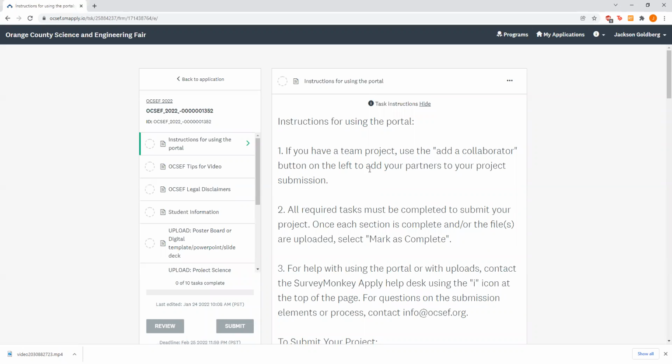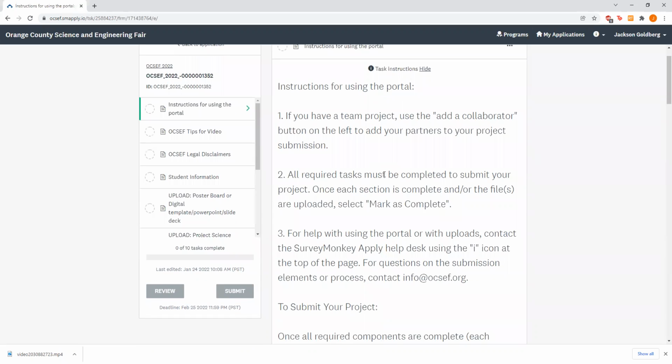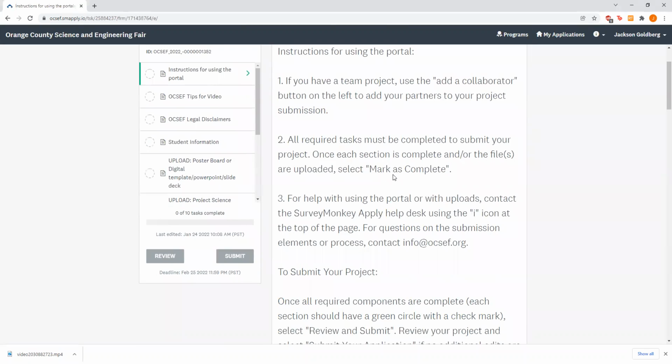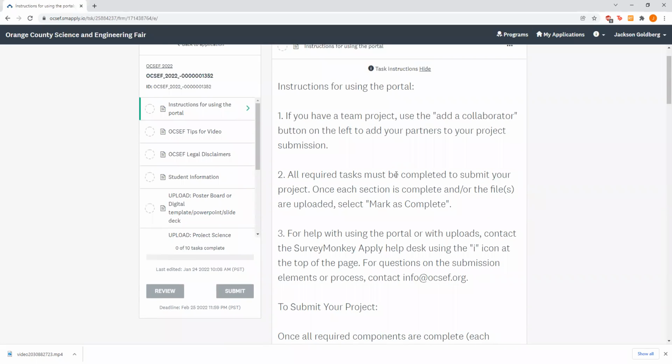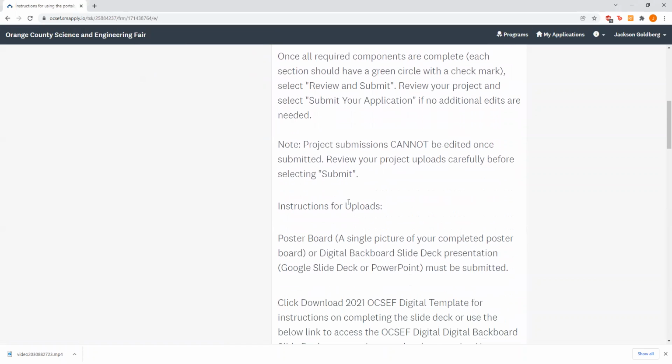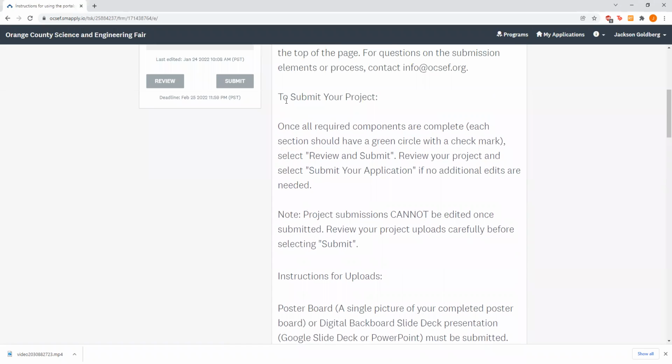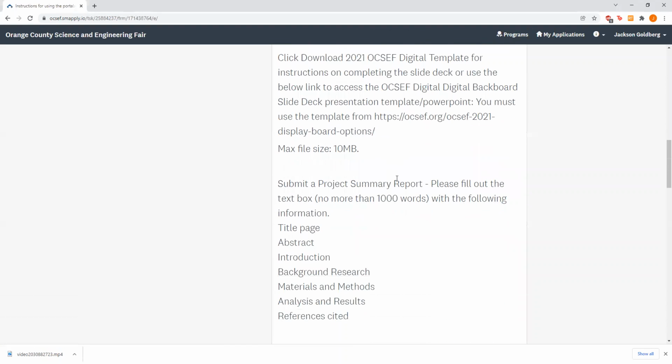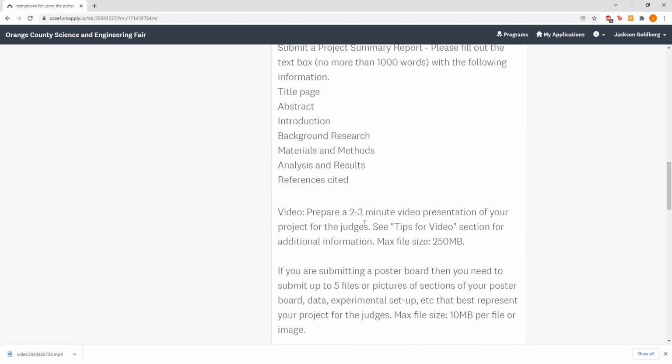This is a list of tips and guidelines for filling out your application registration phase. They go into a lot of detail about everything that you need to do, as well as all of the different requirements for tasks during this stage. For example, we can go down. It has instructions for all of your uploads. It gives you more information on how to submit your project. It goes into more information on your summary report, on your video,